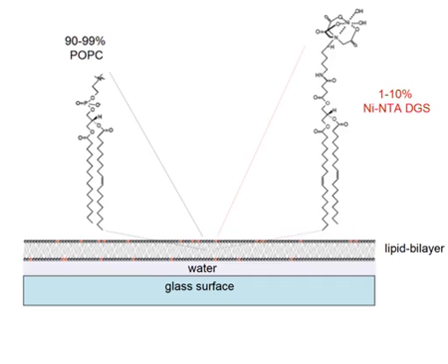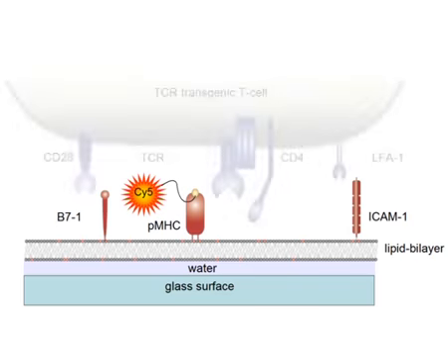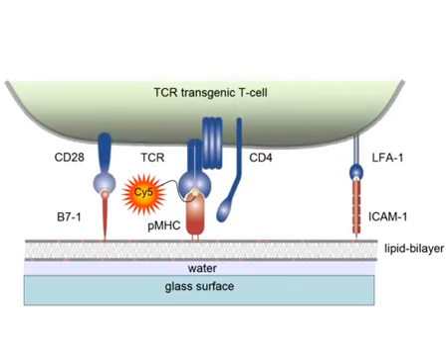For functionalization, we add nickel DOGS, a synthetic lipid with a nickel chelating head group, which binds polyhistidine tag proteins, for example the co-stimulatory molecule B7-1, the adhesion molecule ICAM-1, and a fluorescently labeled peptide-loaded MHC molecule for T-cell recognition, as shown here. However, this bilayer system can in principle be employed to address entirely different processes in a variety